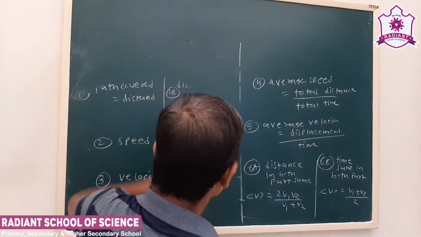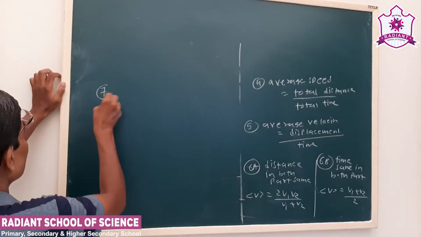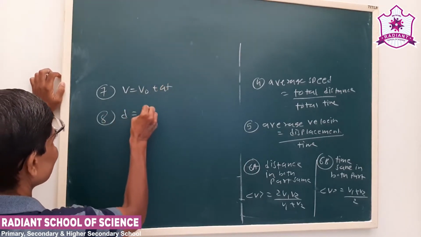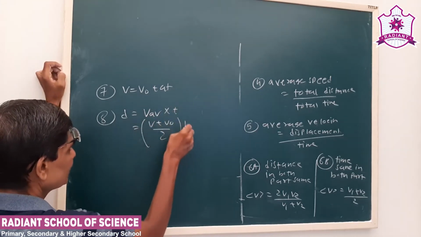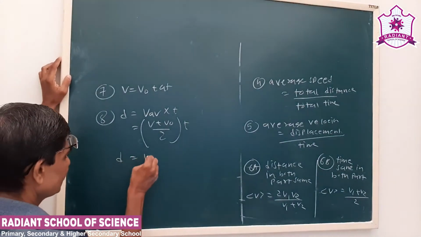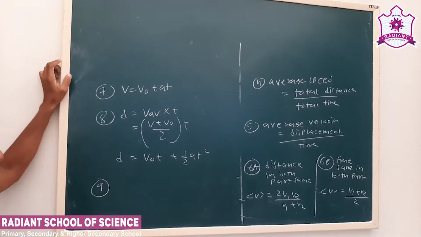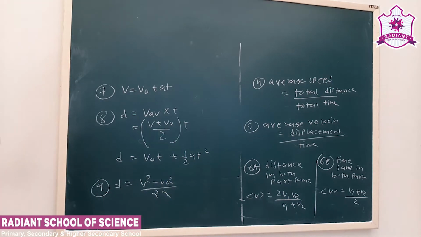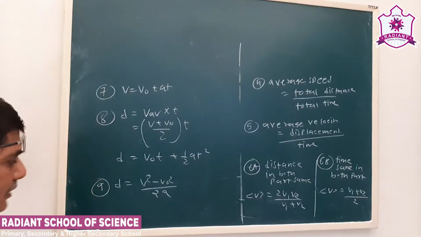Then we derived kinematic equations for motion with a constant acceleration. So we derive V is equal to V naught plus at. Then d is equal to V average into time, that is V plus V0 by 2 into t. See, that also can be useful for solving the numericals sometimes. Or d is equal to V0t plus half at square. Then we derive d is V square minus V0 square upon 2a. Now, all three are very useful equations, as I told. A number of times we'll be using these equations.